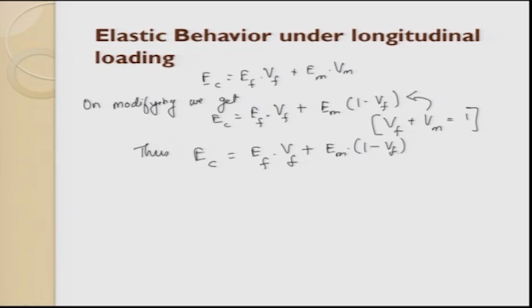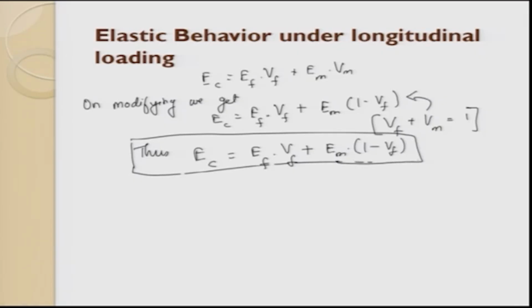So the composite modulus is equal to the volume fraction of the fiber multiplied by Young's modulus of the fiber, plus Young's modulus of matrix into 1 minus VF. This is a very important derivation. You can expect some simple trivial problems to be solved using this formula. On similar lines,